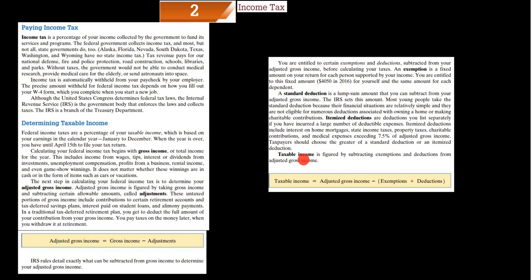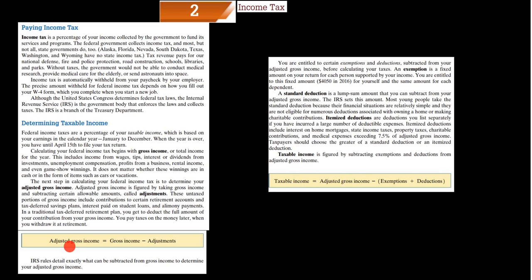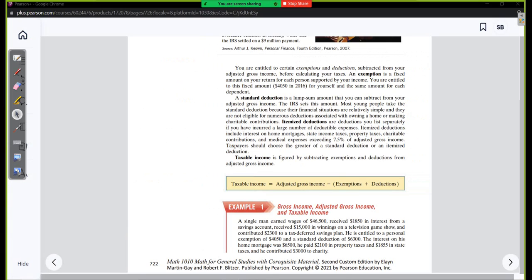So taxable income is figured by subtracting exemptions and deductions from adjusted gross income. Whew, that is a lot more than I thought it would be. Okay, so taxable income is the adjusted gross income, which we have over here, minus the total of exemptions and deductions. So before we actually begin this, I think this chart